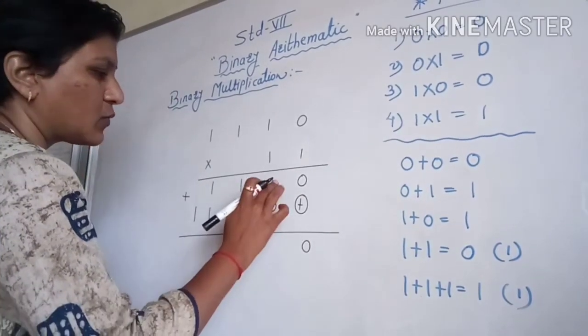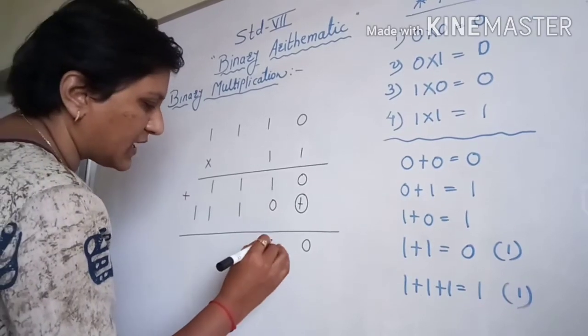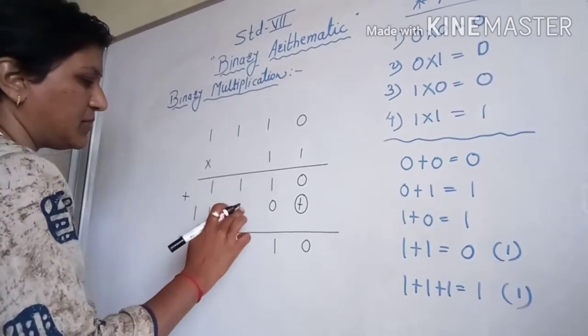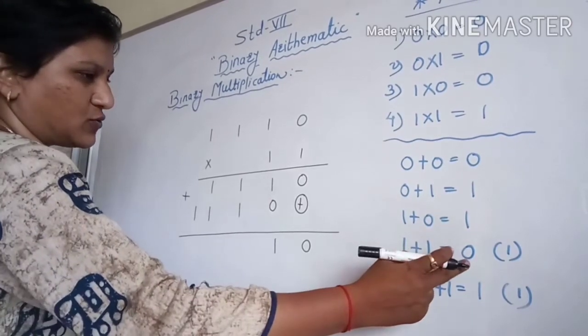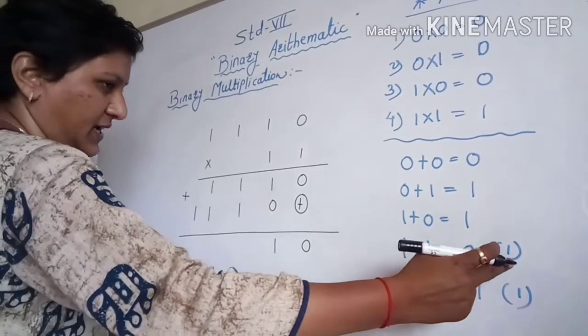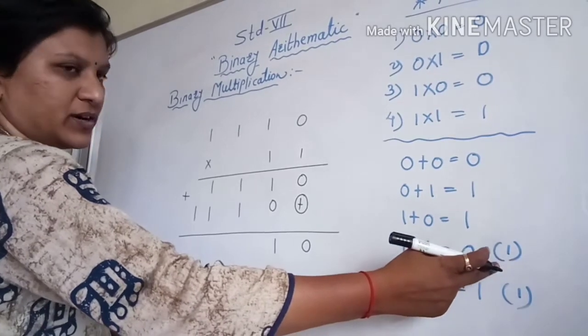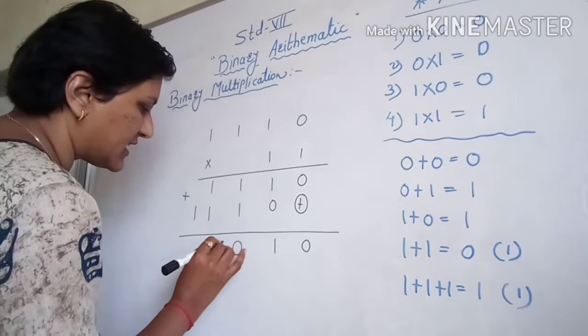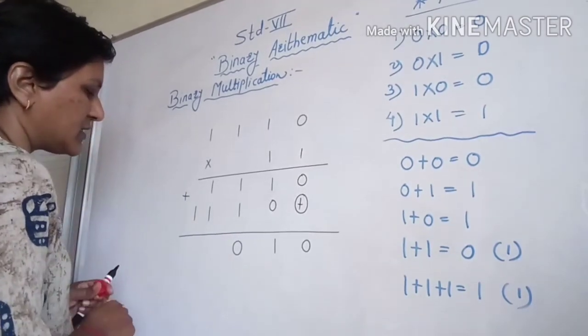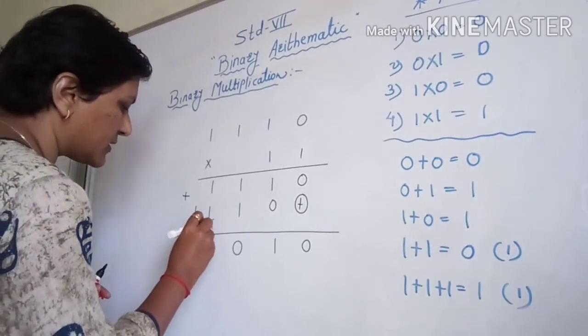Okay. I am doing the addition of these numbers: 0 plus nothing will have the value 0. 1 plus 0 will have the value 1. 1 plus 1, here the value is 0. We are going to write down 0 over there as a result, and we are going to carry forward 1. So 1 plus 1, I am going to write down the result as 0, and I am putting 1 as a carry over here.